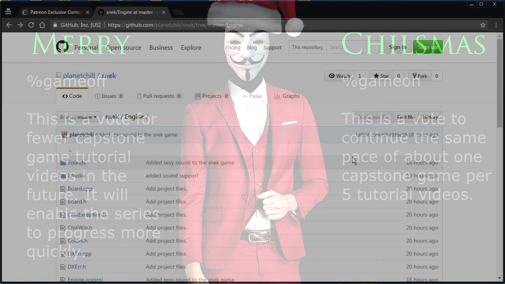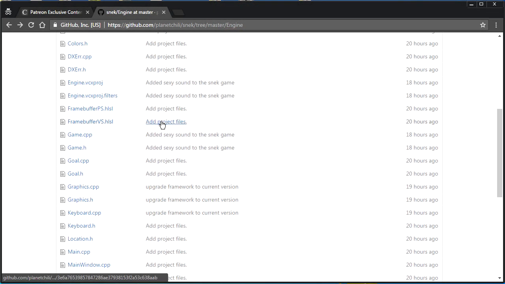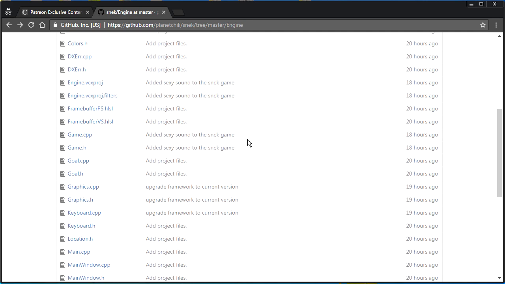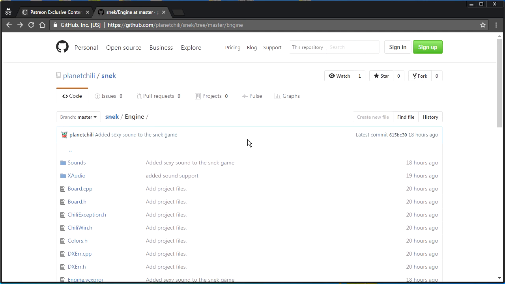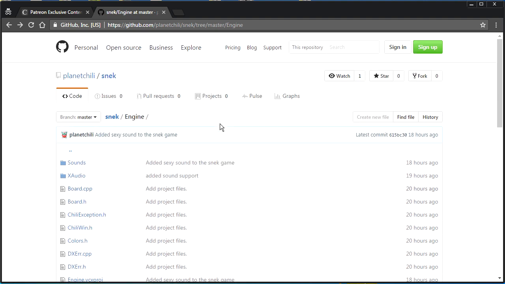Now, speaking of Sneck, I just uploaded a repo with the Sneck code onto GitHub. So you can check that out if you're interested in it, and that's going to be used for the next tutorial at some point, I believe for the homework for that tutorial. And it's just the Sneck at the end of whatever we did in the Sneck game homework, plus some extra stuff. I added sound to the game,